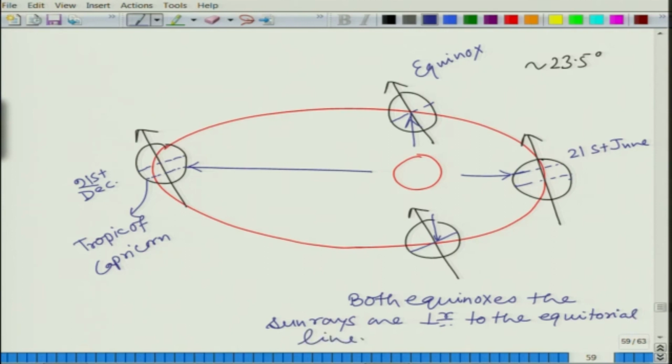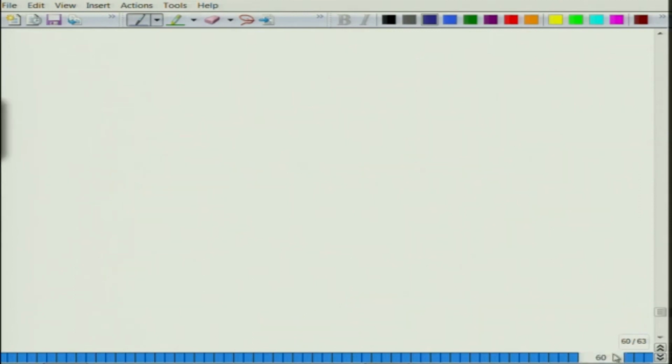So, from this picture what you can understand is that this declination angle first changes with the time of the year,